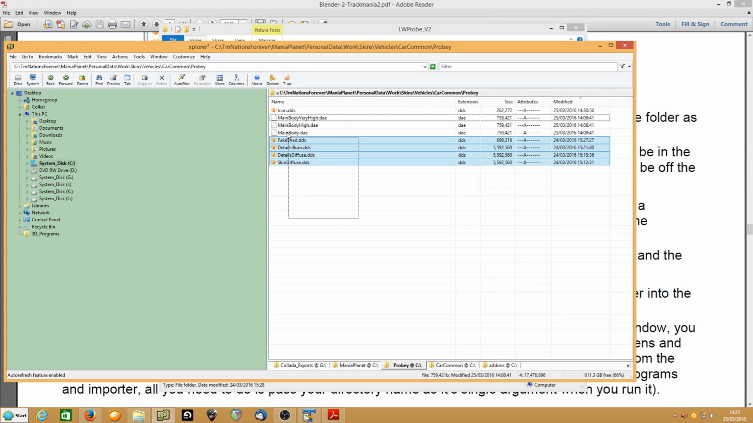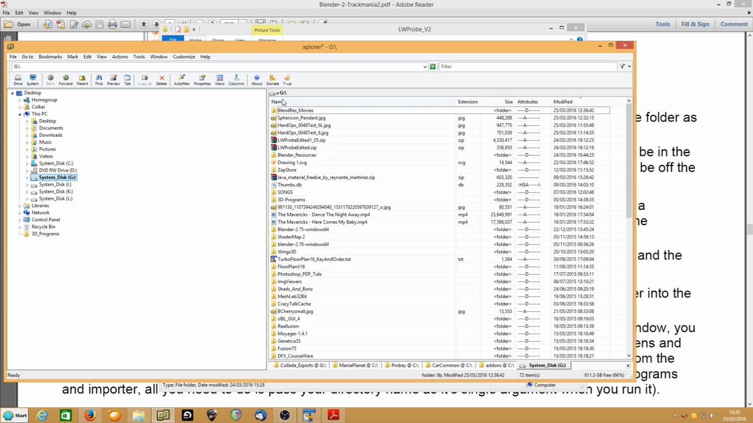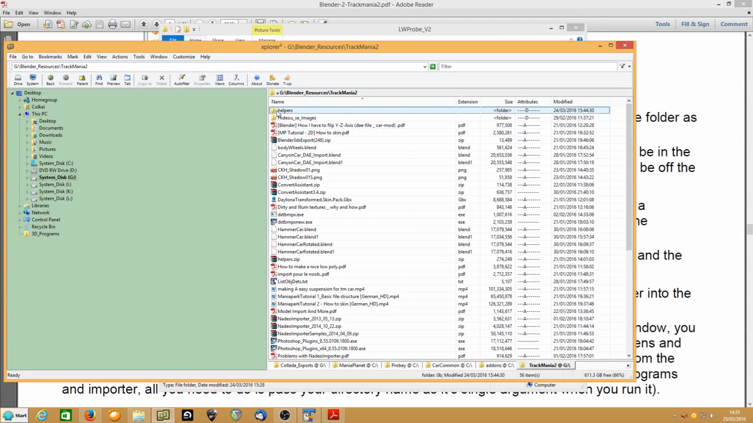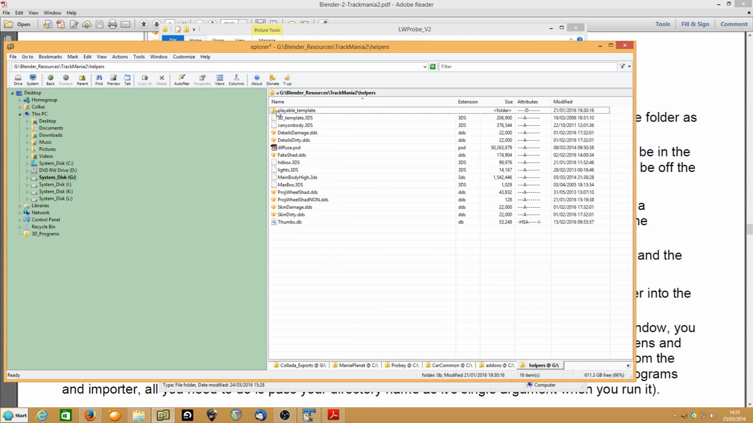Right, that's it. Basically that's your model pack ready to go. As I said, the only thing I do is if I go over to, let's just add a new tab, and I go over to Common Brain Work, Blender Resources, TrackMania, Helpers, and I've got here